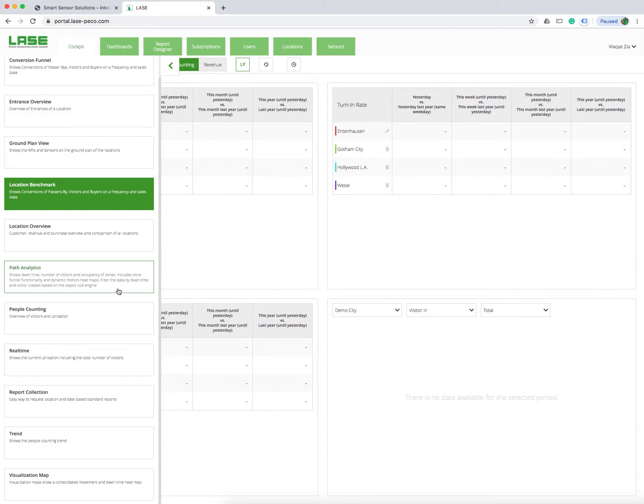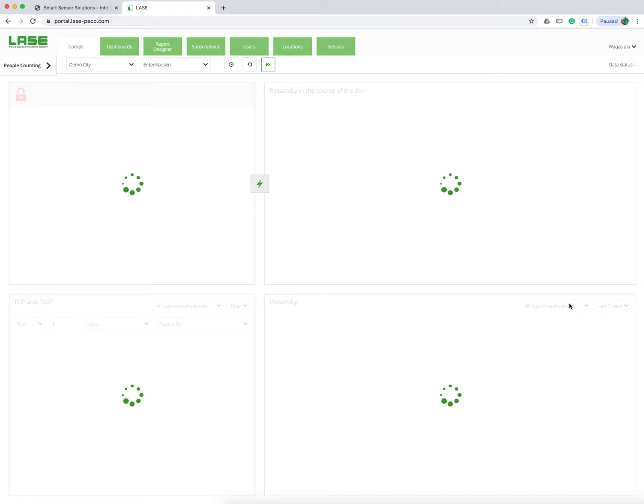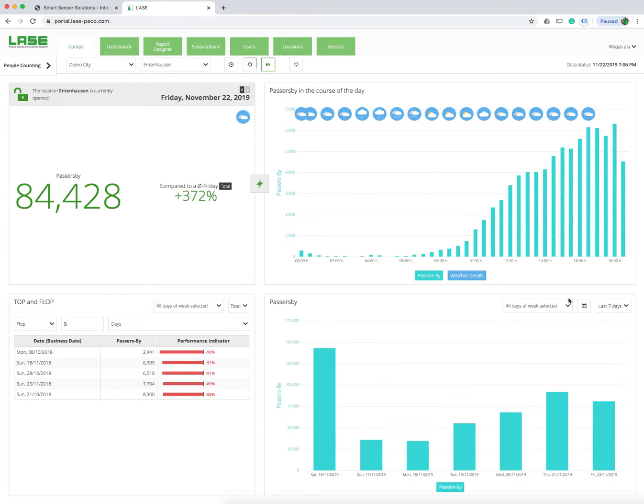So let's start with the most logical one, which is the people counting. So this cockpit is the central point of contact for all rapid analysis relating to people counting at a specific location. The cockpit is divided into four areas. And each of these areas answers a specific question. So this is the information about the passers-by in a day, and this is during the course of the day, and this is